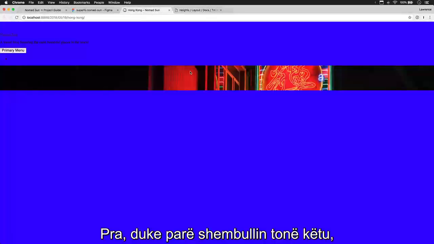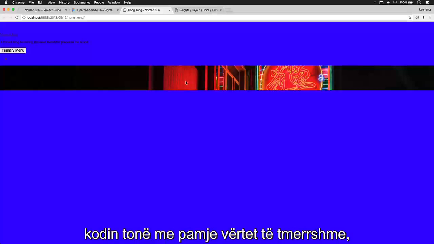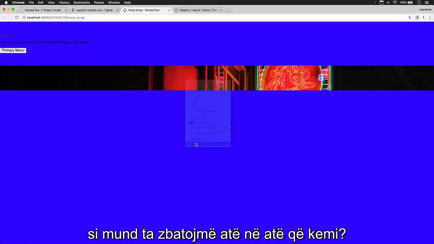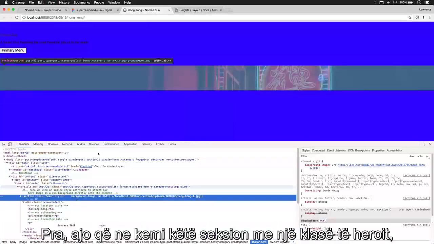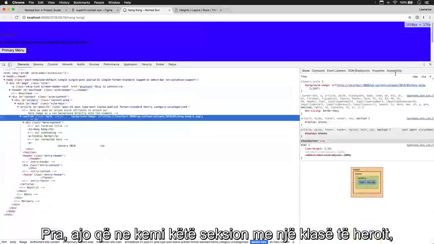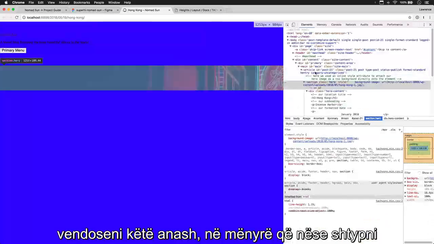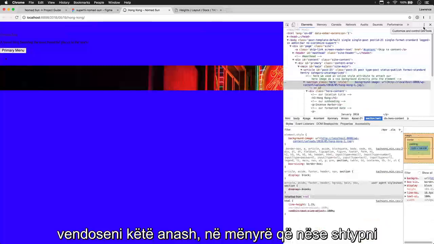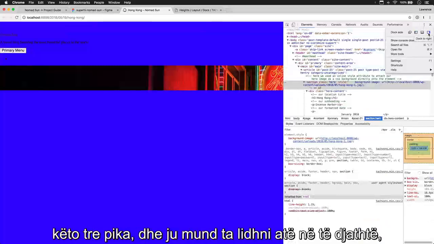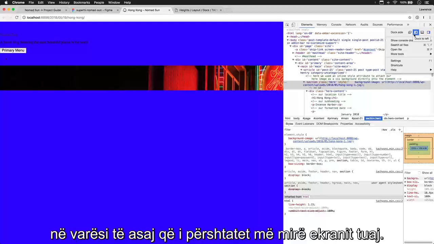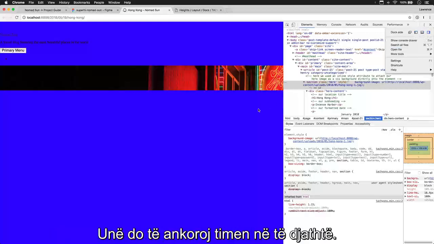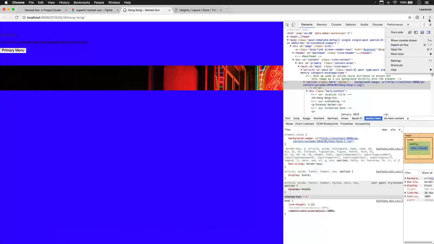So looking at our example here, our really terrible looking code, how might we apply that onto what we have? So where we have this section with a class of hero, I'm going to put this onto the side. So if you press these three dots, you can dock it to the right, you can dock it to the bottom or to the left, depending on what fits your screen the best. I'm going to dock mine onto the right, and